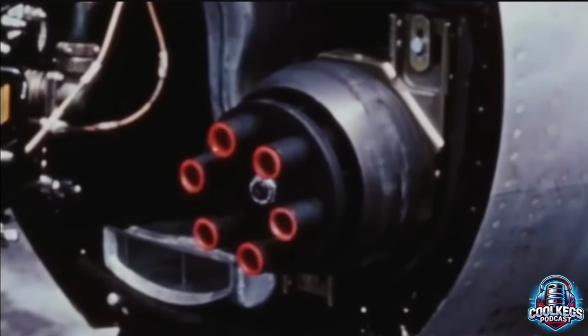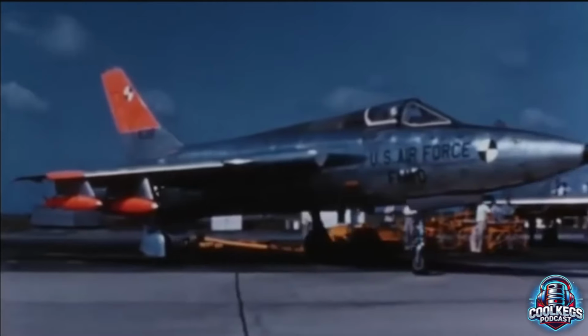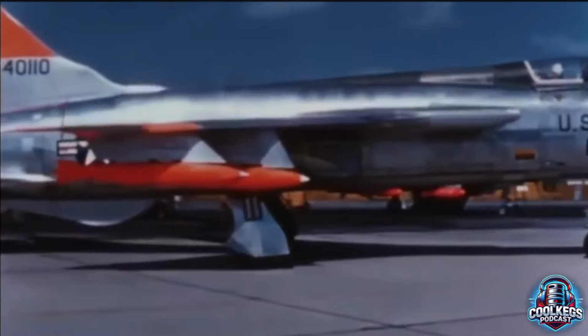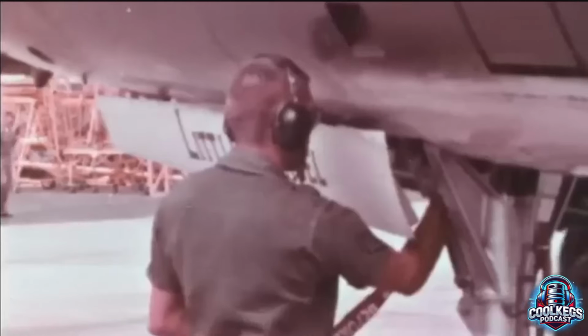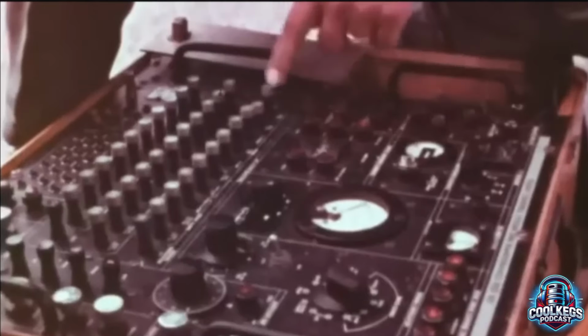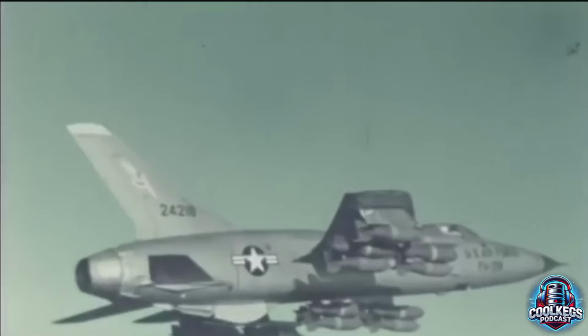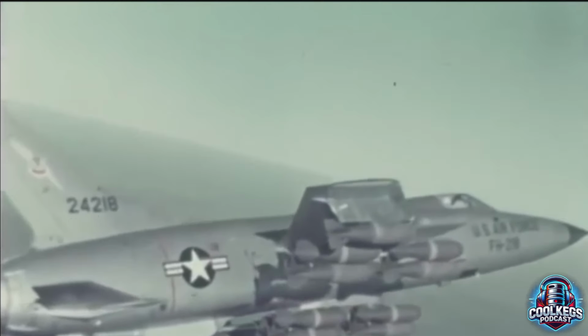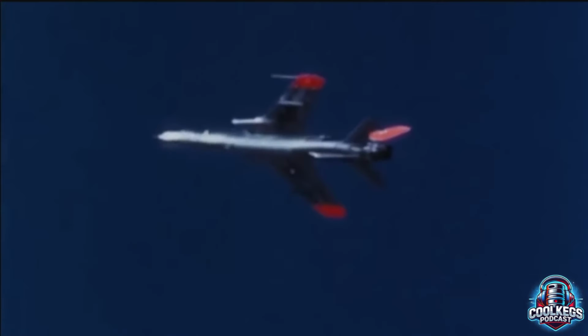It was primarily used for strike missions, for example, including ground attack and bombing runs, targeting supply lines, bridges, and airfields, other infrastructure critical to the North Vietnamese effort. Due to its ability to carry large payloads and fly at high speeds, the Thunder Chief quickly became the premier strike aircraft for the region. It was particularly valued for its ability to deliver both conventional and the nuclear option, providing versatility in the heat